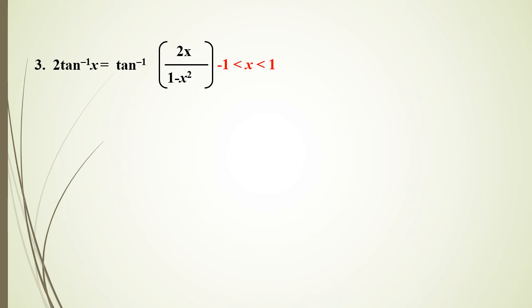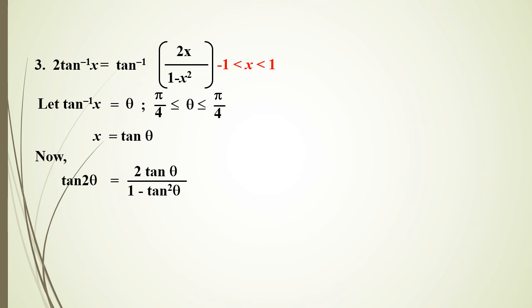Next, 2 tan inverse x equals tan inverse of 2x divided by 1 minus x square. It is one of the standard properties in the inverse trigonometric concept. When you are proving this, for the time being consider the right hand side term, tan inverse of 2x divided by 1 minus x square. Some standard substitution is required to get the solution of this function. So put x equal to tan theta, so theta is equal to tan inverse x.